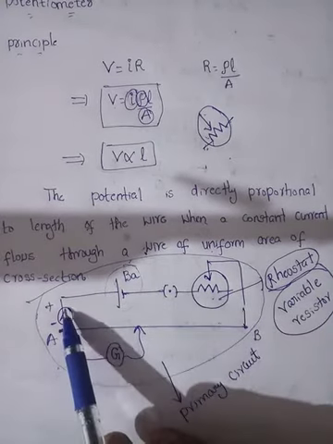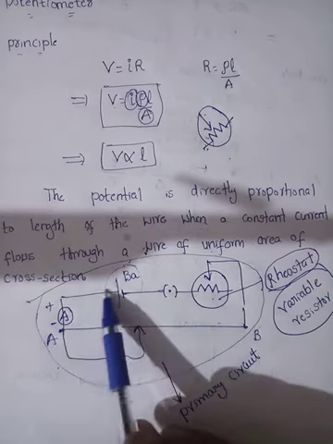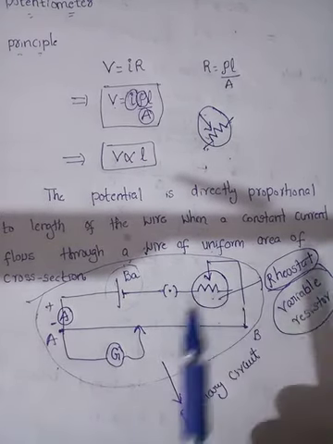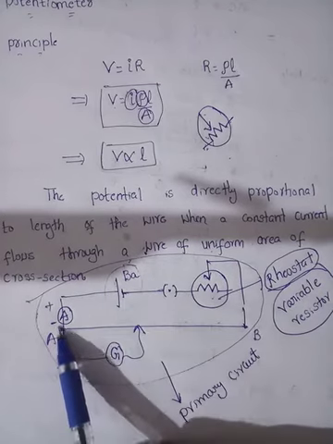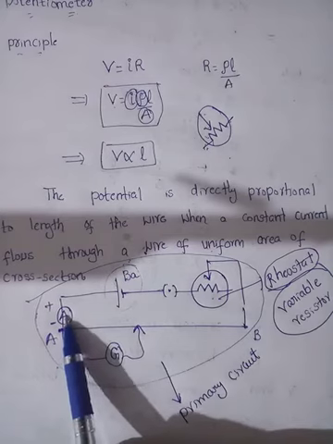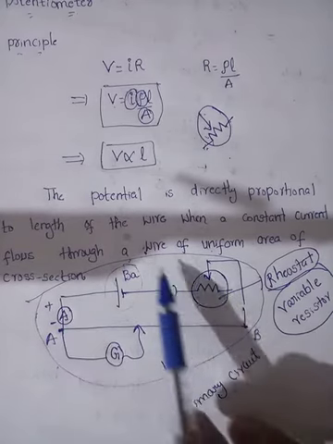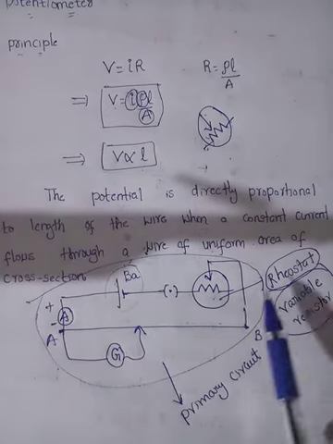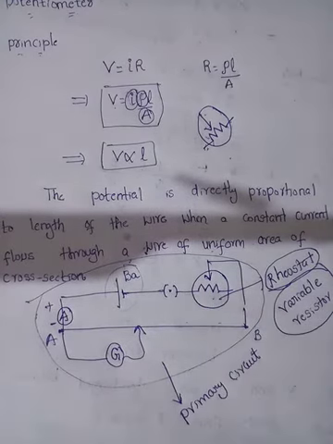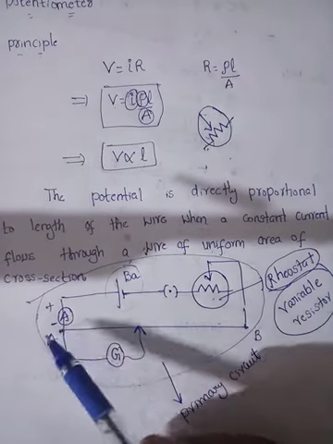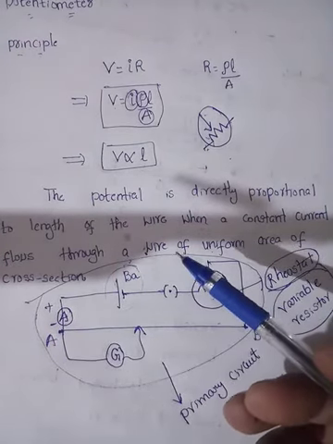Now one end is connected to the ammeter and the ammeter is connected to the battery. The battery is connected to the key, which is connected to the rheostat. So when a battery is connected to this wire, what happens? The current starts to flow. For example, some current is flowing in this ammeter. Now what is the condition we have to make? We have to make constant current flow. So by adjusting the resistance, let us keep the current in the ammeter and assume that it is 0.1 ampere.